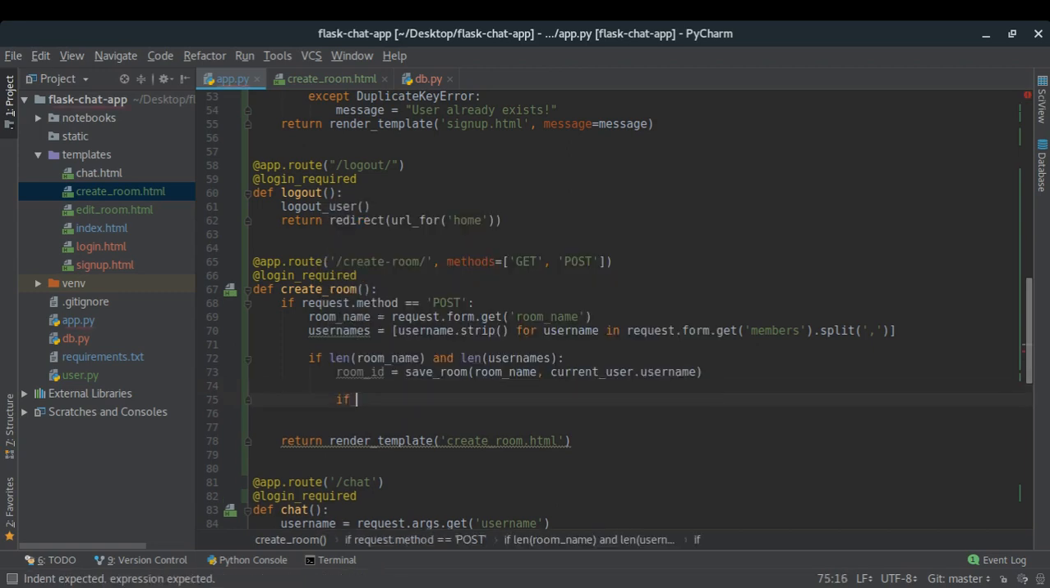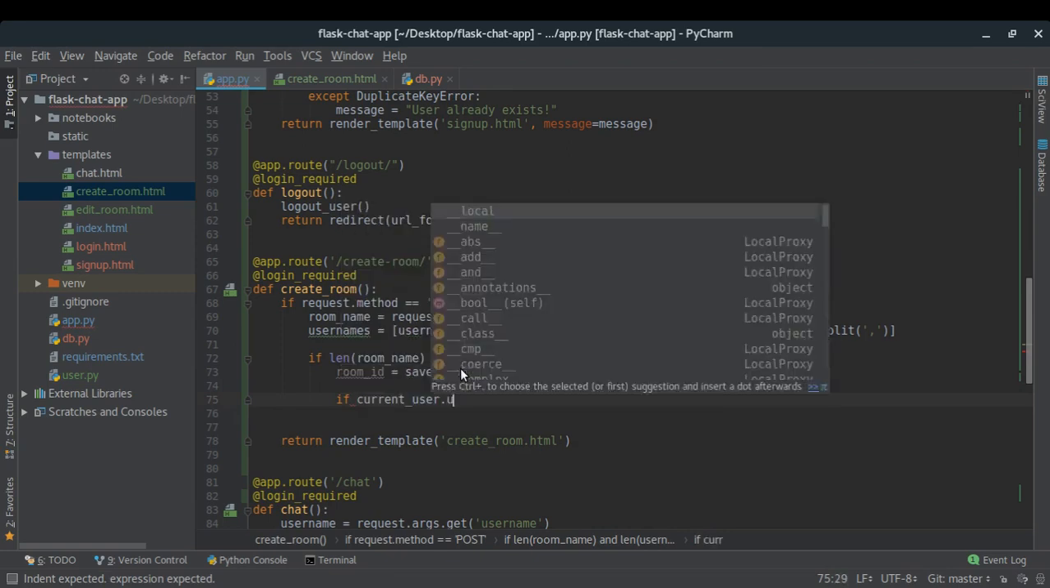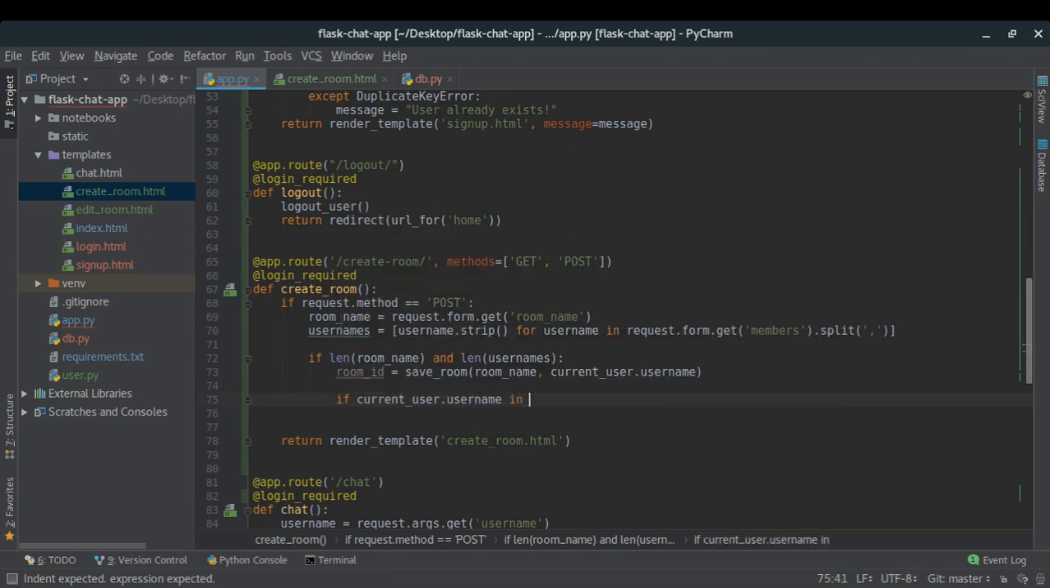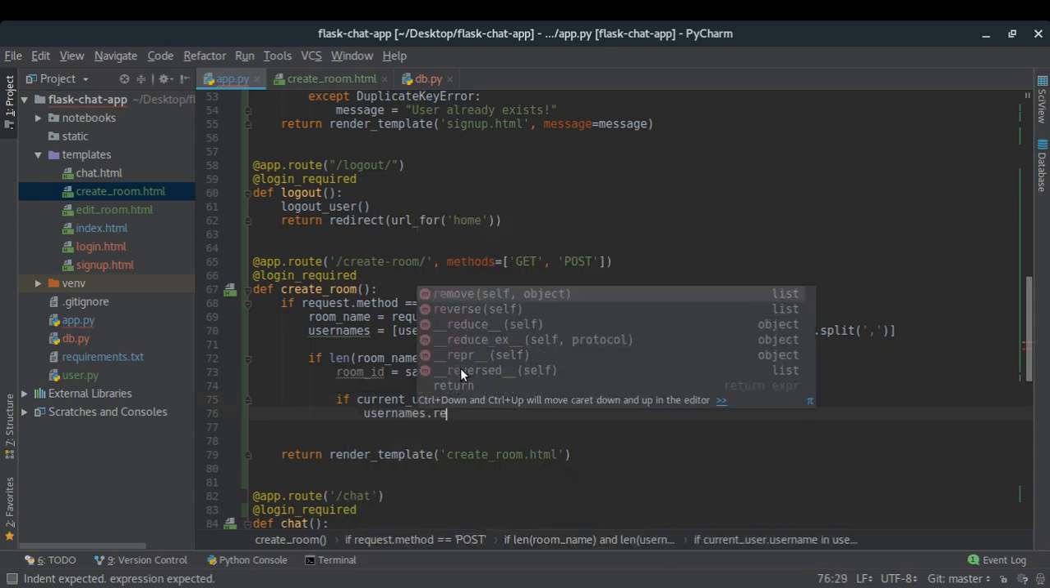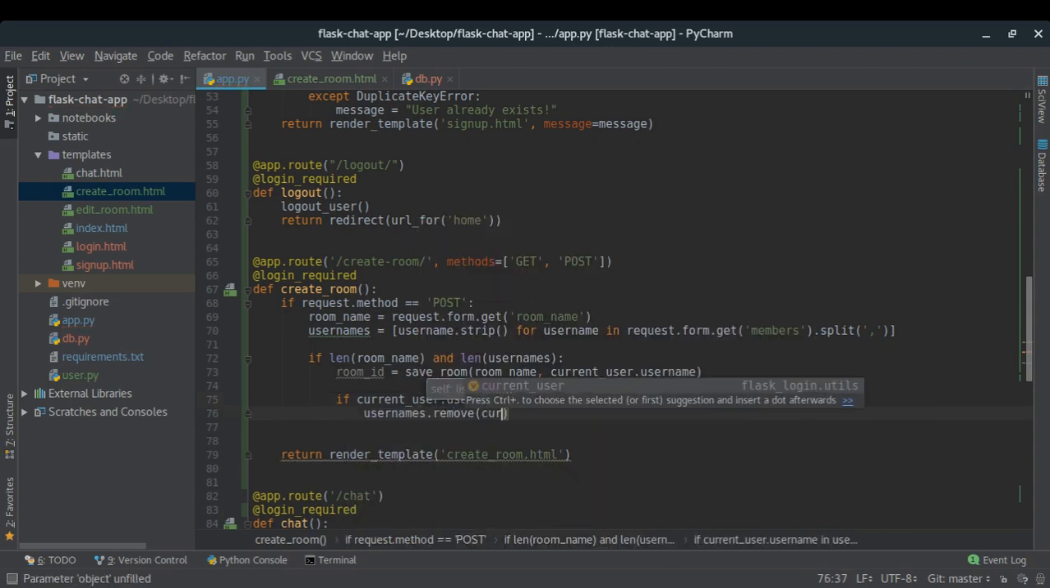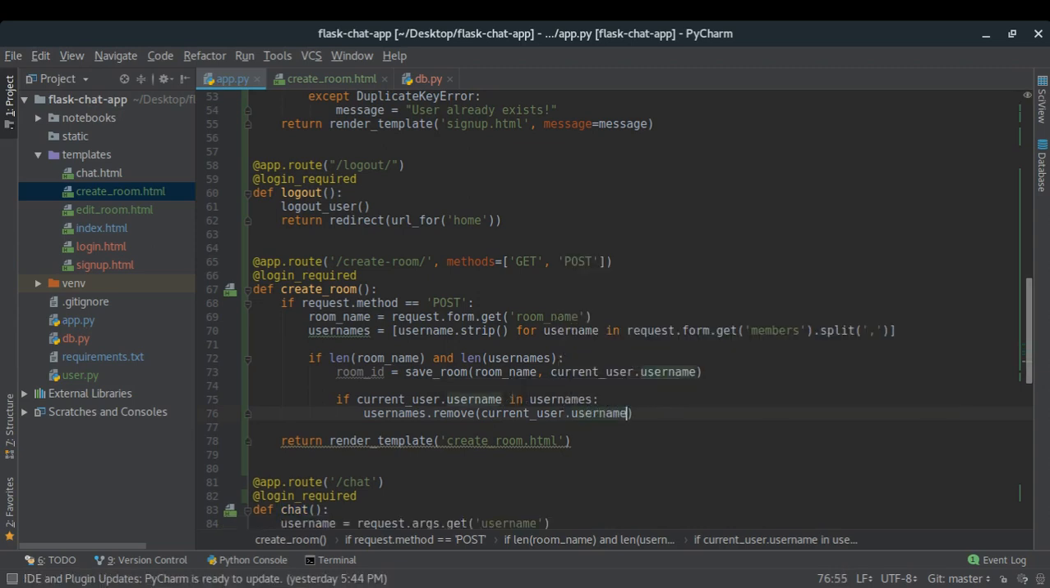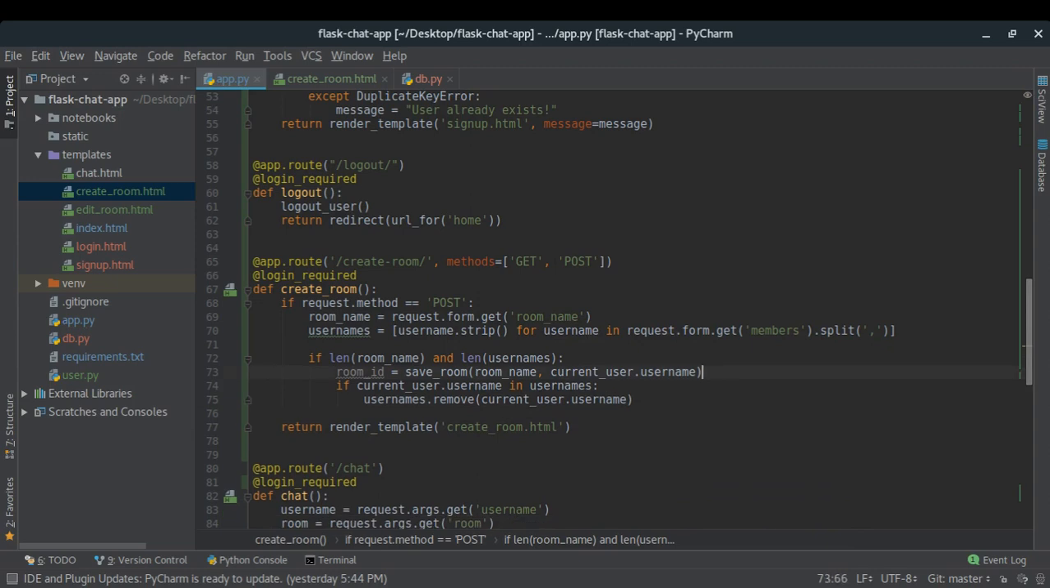So if current user dot username in usernames, then usernames dot remove current user dot username. This is what I'm going to do, and once that is done, I am ready to bulk save all the remaining usernames in my room members collection. So add